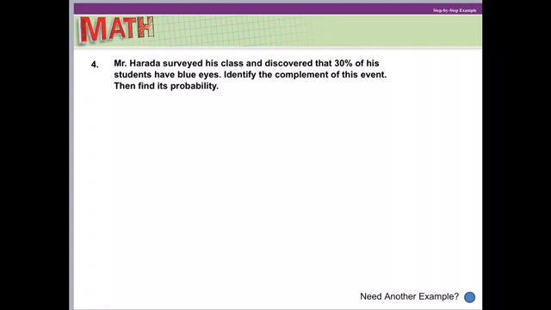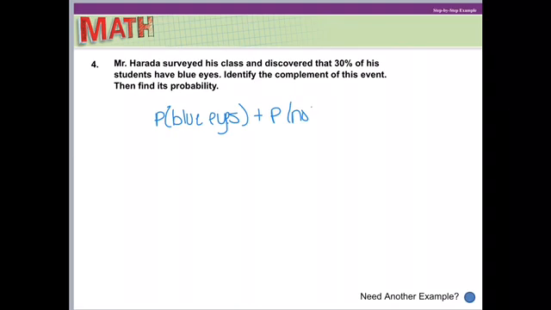So now, last problem. Mr. Harada surveyed his class and discovered that 30% of his students have blue eyes. Identify the complement of this event, then find its probability. So the complement of this event means that there are two different things that could happen. So we have the probability of blue eyes plus the probability of not having blue eyes